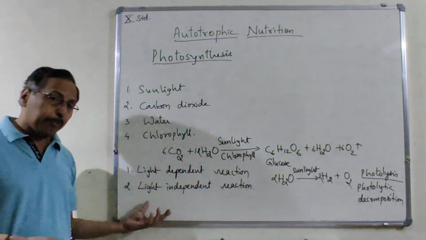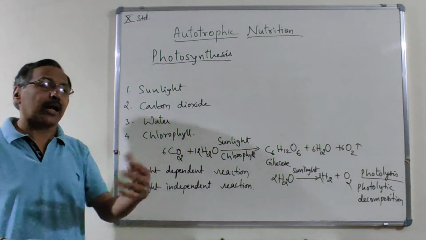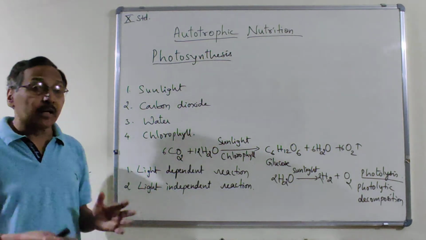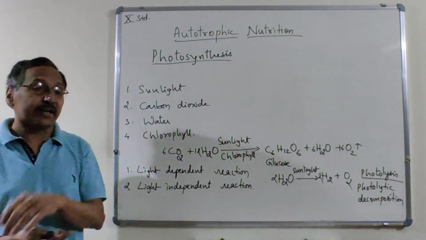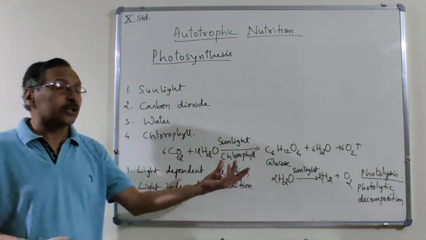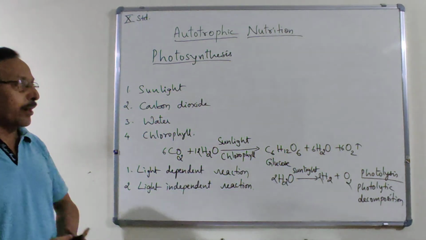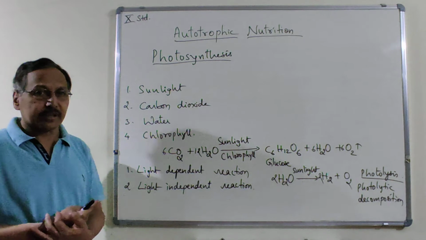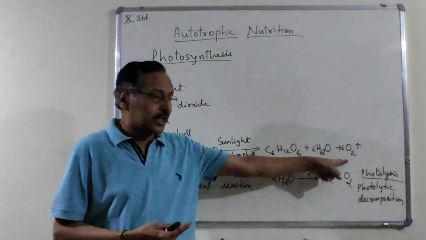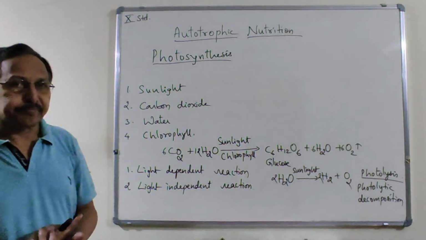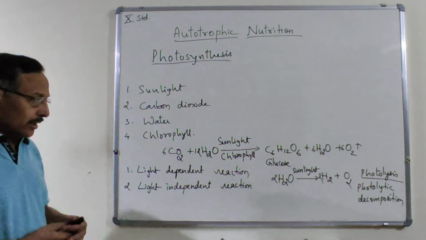That may take place in presence or absence of light, depending on the type of plants. Different plants follow different methods to prepare this food. Like for example, desert plants. In desert plants, the release of oxygen takes place at night. See,